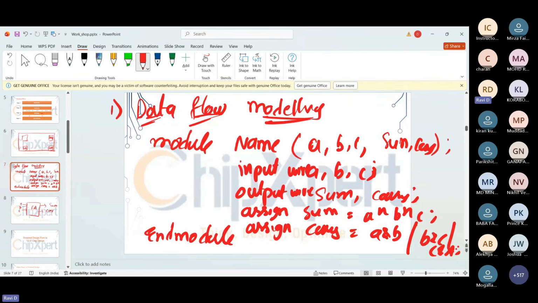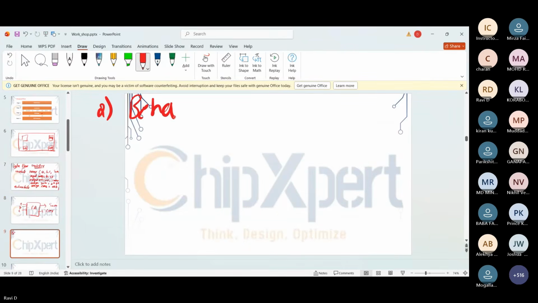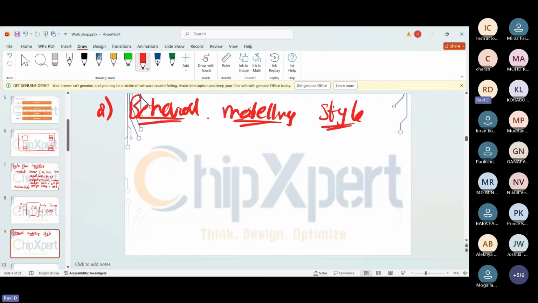While coming to the next modeling style, it is the behavioral modeling style, right? In this behavioral modeling style, we design the code by describing the behavior.